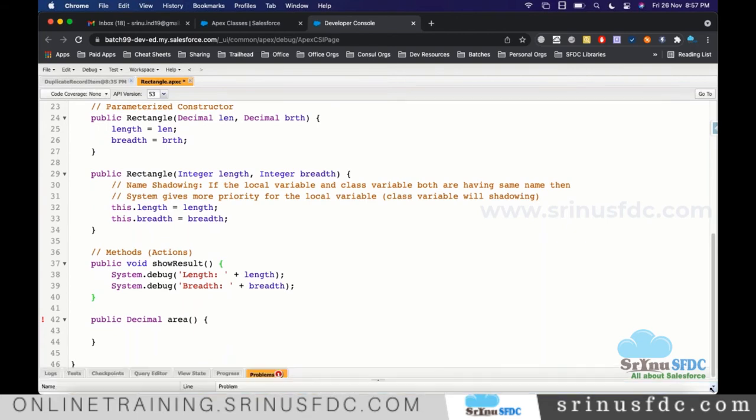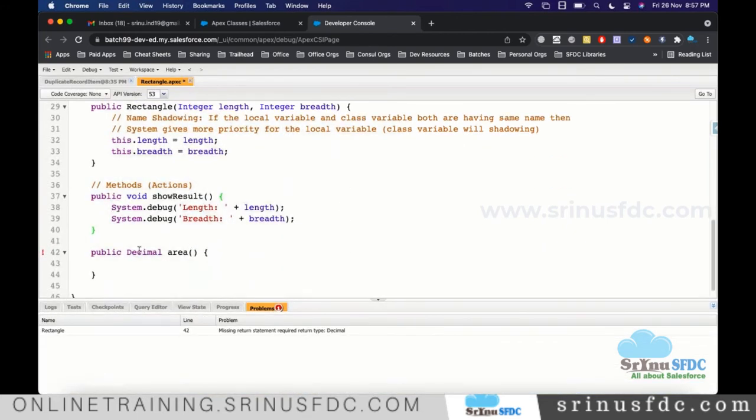Since we mention a data type as the return type, the system expects a statement inside the method which starts with return. Here the return statement is required. For a void method, the return statement is not required. That point you should know.